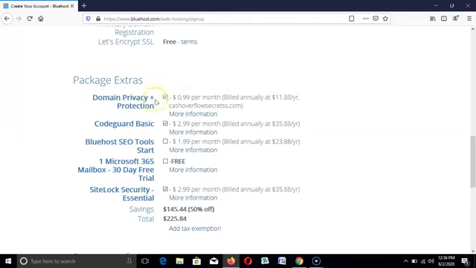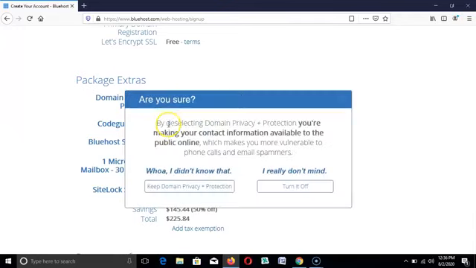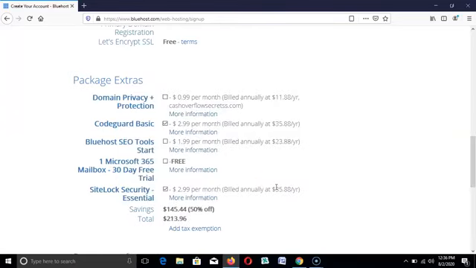So these services are the domain privacy protection. You can uncheck it from here, and also uncheck the CodeGuard Basic. Yes, turn it off. You really don't need that now. If you need it in the future, you can activate it at any time. So uncheck all these other extra services that we don't require at this moment,